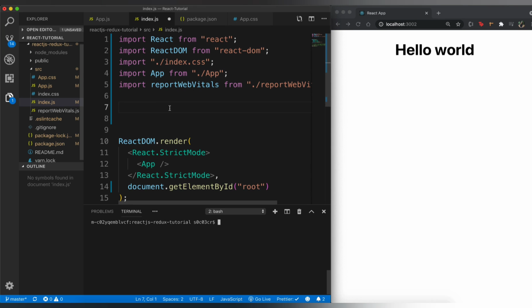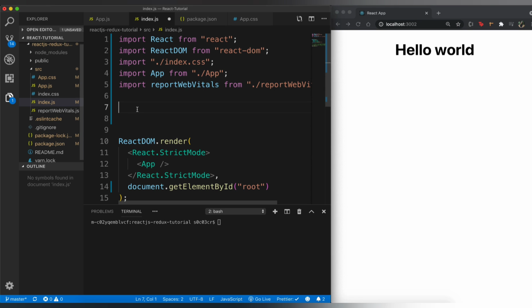And before actually getting started with React Redux, that is connecting Redux to React, I just want to tell you how to actually use Redux without using React. So this is an index.js file, which is a normal JavaScript file, and inside of this JavaScript file, I'm going to show you how to use Redux just inside of this one file, right? There are various components, or you can say various parts of Redux that we'll have to look at first and understand before we can actually start coding.